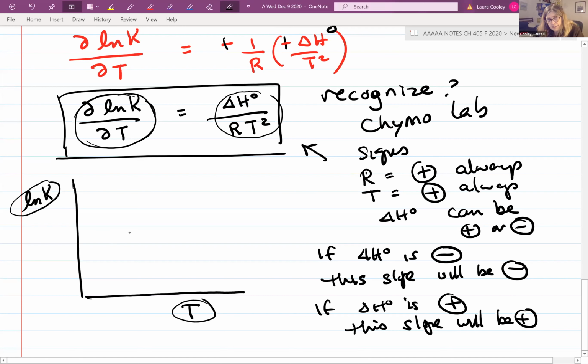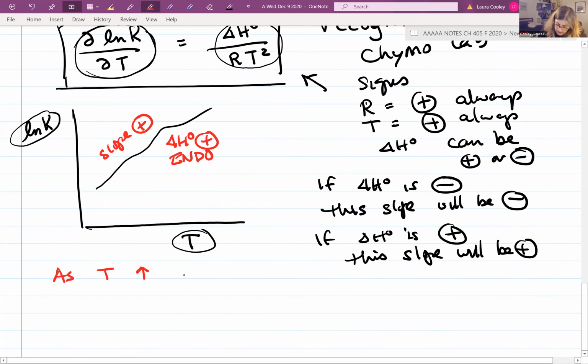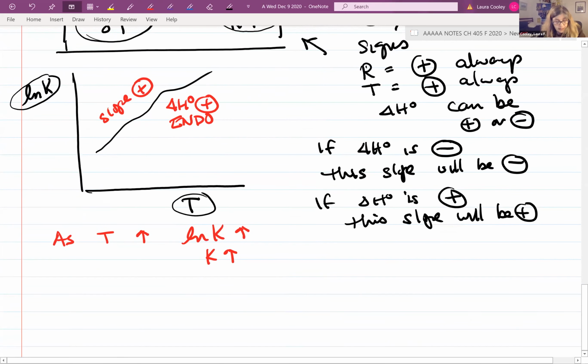I don't know what this graph looks like, but I'm just going to scribble something. So this is what would happen. This is what the slope would be if the reaction is endothermic. The slope will be positive because endothermic means delta H is positive. And that means that as T increases, the log of K increases. So K increases, okay? And we think about it this way: reactants plus heat,